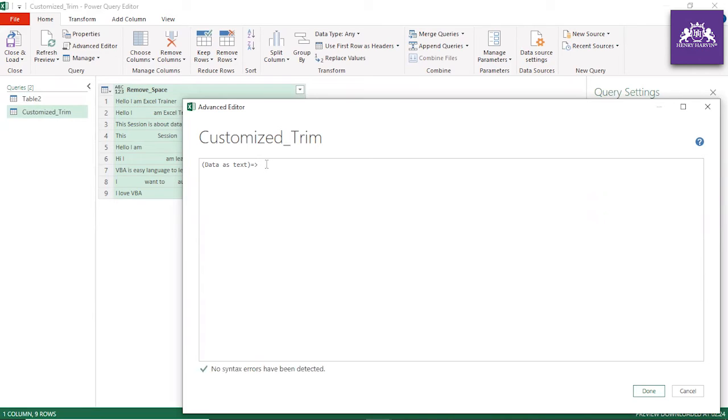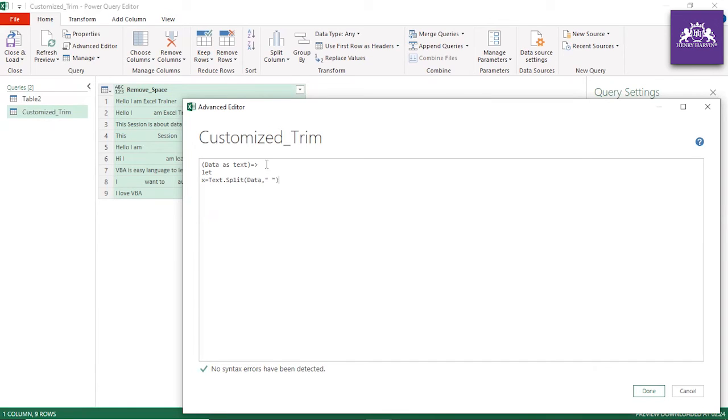And then you have to start with the let expression. Let means if you have to put some argument or some kind of logic, let should come before that. Now you can say x equal to Text.Split. Data of course is there, data comma, and this is the space. Guys, you can see this is the space.